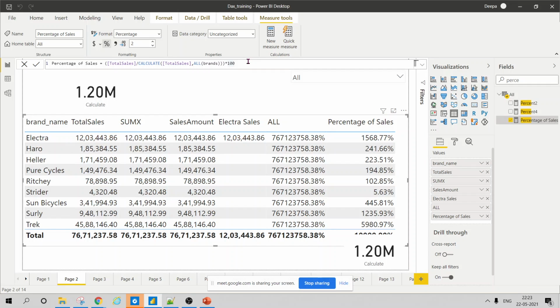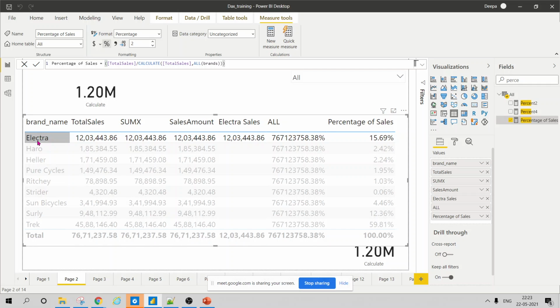No, total sales by... It's fine now. Yes, this is the value we were expecting. And now we are getting the 100%. So this is what we were expecting, that for the sales for the selected Electra, and how it is happening, right?